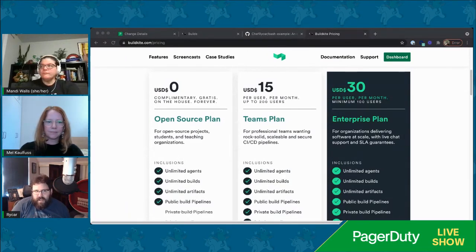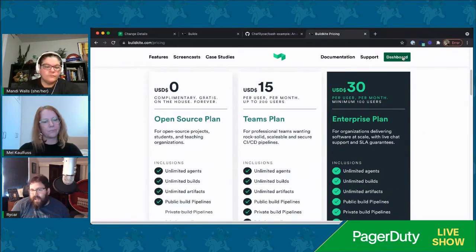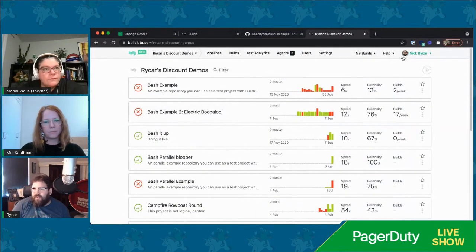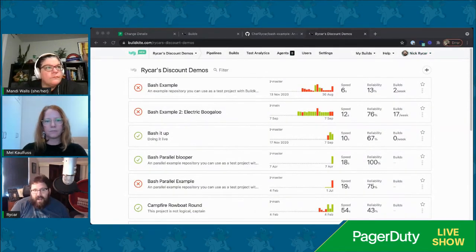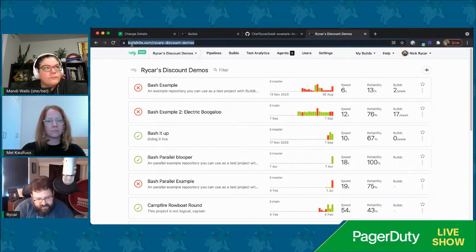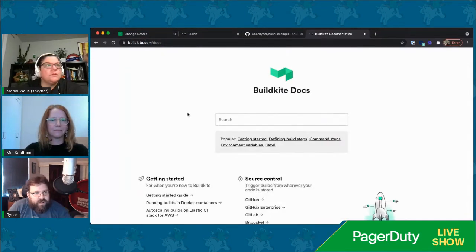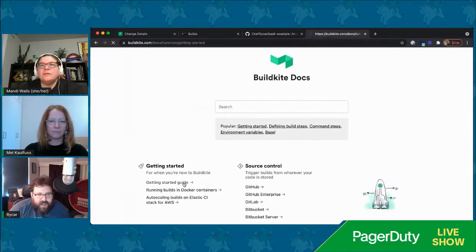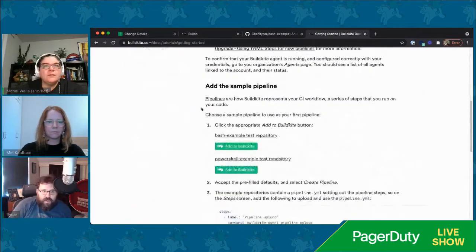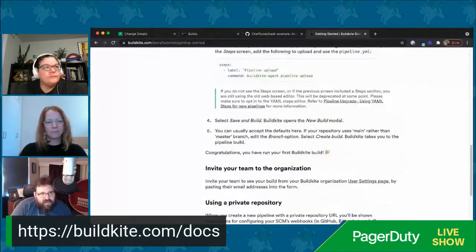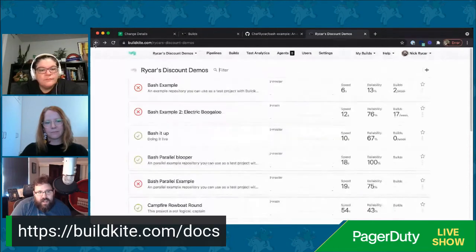And in any of these cases, essentially the workflow is exactly the same. You'll be able to log in to the dashboard as soon as you create a free account. And I will usually recommend folks check out our getting started guide. Literally the very first thing you can do is what we saw in the background there, which was getting a bash script that's going to go ahead and run a test build.